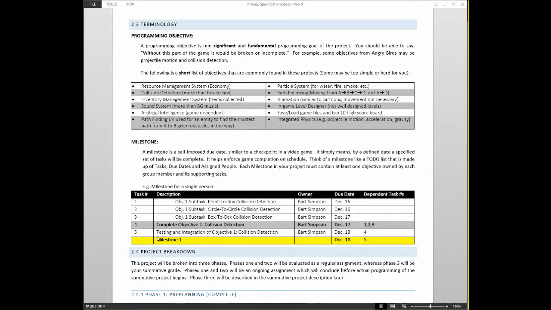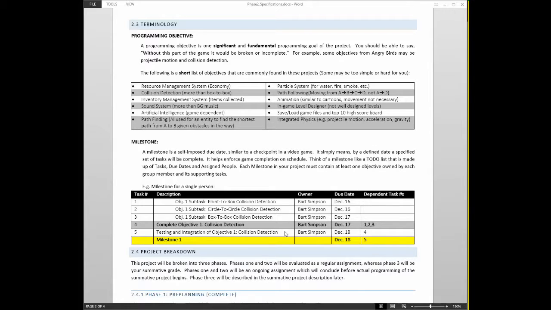And then below that, I have another task that's in my milestone checklist here. You notice that this one has nothing to do with objectives directly, other than the fact that it's testing an integration of objective 1. It is not objective 1 itself. It's just saying, let's just make sure it works with the entire program. But I know it doesn't belong to this objective because it's not above it and it's not indented. Okay? So what we can see here is that we can have other things that are not objective specific in our milestone checklist. So for example, at some point you're probably going to have to build a menu system. And in no way is a menu system going to be one of the objectives of your program.